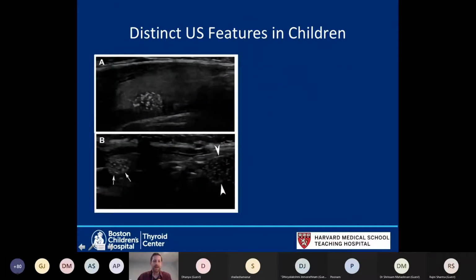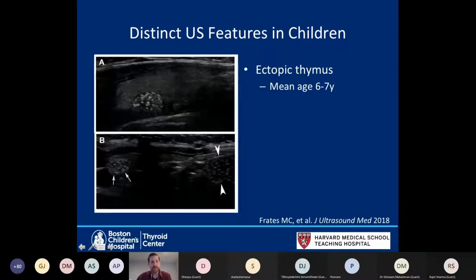And then I'll highlight this because it's become sort of more noted in recent years. So this is a pediatric thyroid nodule that looks fairly concerning. You can see it has a hypoechoic background. It looks like it has lots of echogenic foci in it. This turns out to be a benign variant. This is ectopic thymus. So the thymus can have little ectopic rests that show up in the thyroid that can